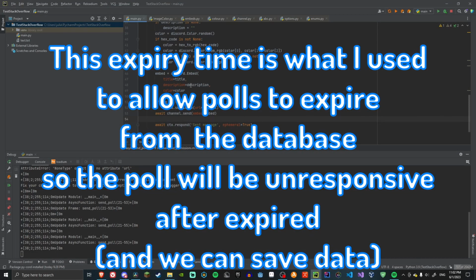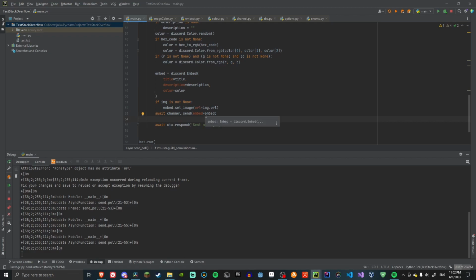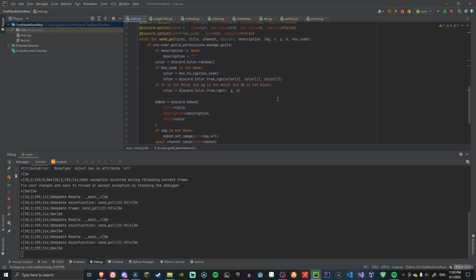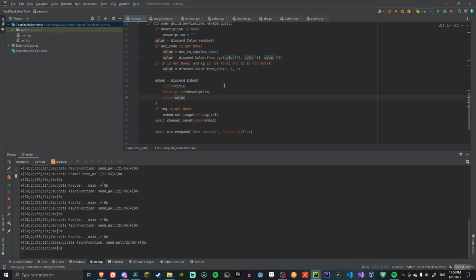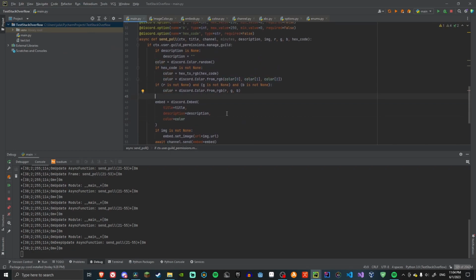We're going to set an expiry time to this embed, because in the database we don't want to save every single message that is a poll, right? We want to delete it at some point and have the user set a time when they want to delete it. And that's why we create minutes. And we want minutes to be within a certain time frame. So now we're going to set an expiry time using minutes, and the way we do this is expiry time is equal to